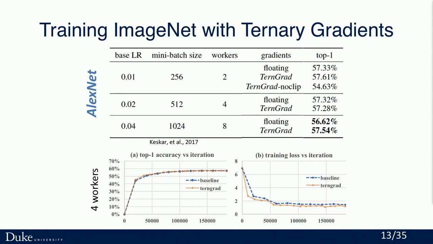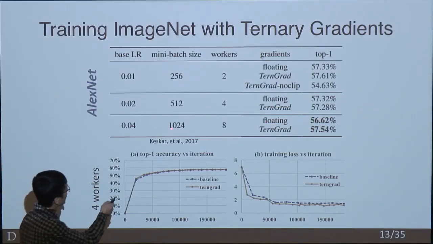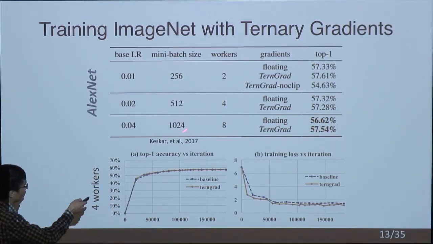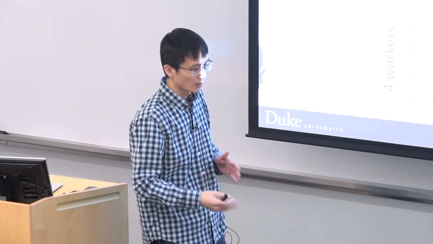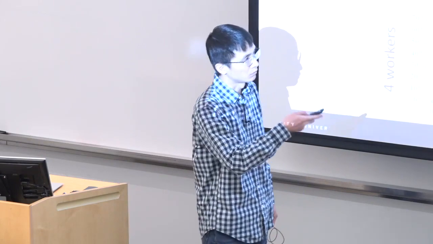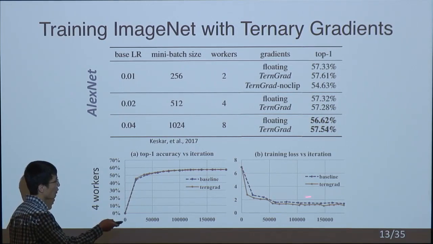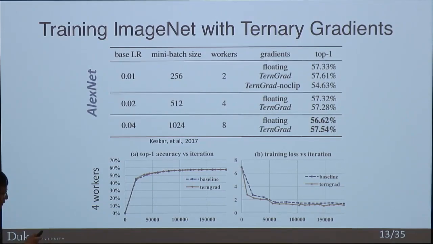For evaluation, we evaluate on ImageNet and on LSTM. On LSTM, there is low accuracy loss, even using 3 discrete values in the gradients. In some cases, we even observe higher accuracy, because when the batch size is very large, the variance is too small to learn well. But the variance from the quantization helps the exploration. And here is the convergence curve compared with standard SGD. The convergence is also the same.